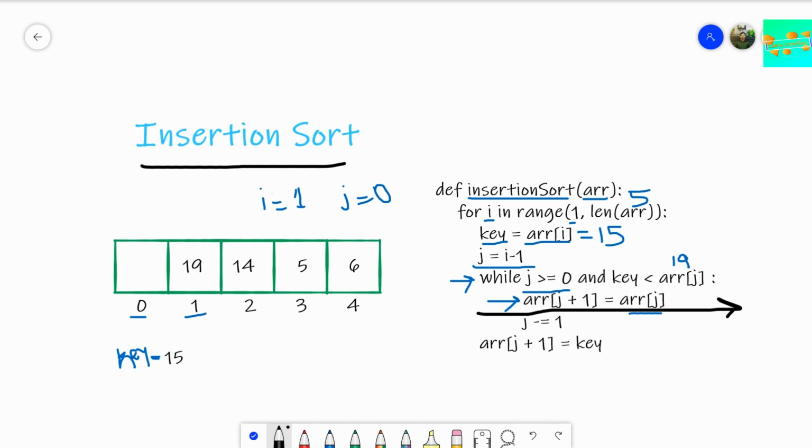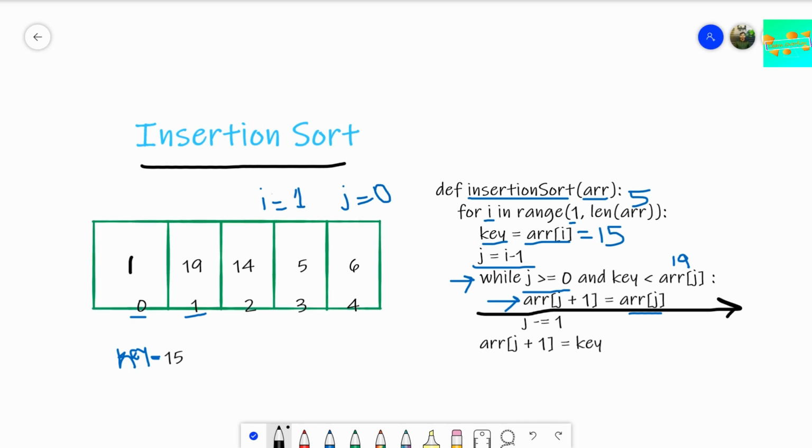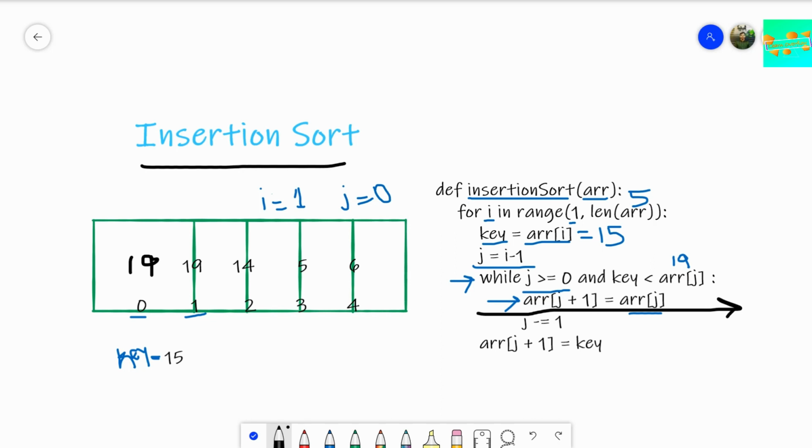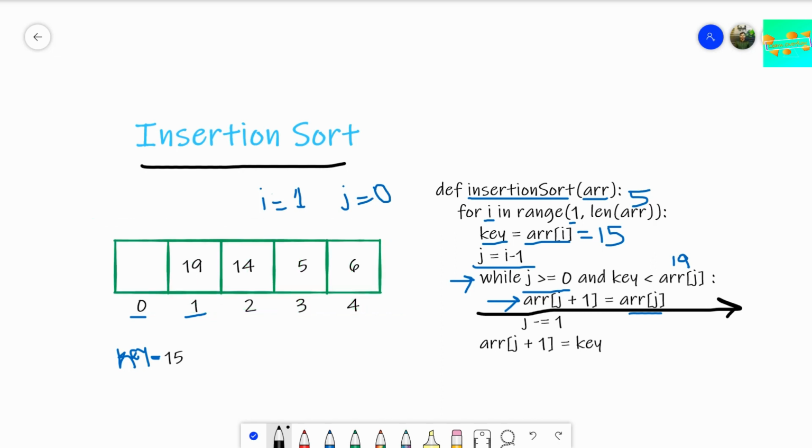We are just assigning 19 to array of j plus 1, so we are not erasing these values. Whatever value of 19 was here initially, we are just keeping that value. We're not removing that value. So 19 is here also. That's why we shifted it after storing the value in a variable called key.